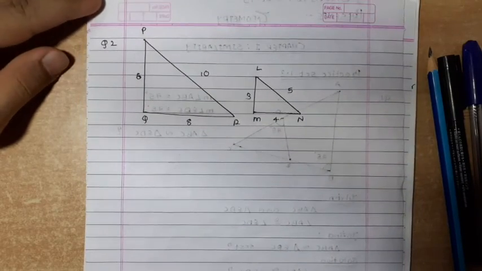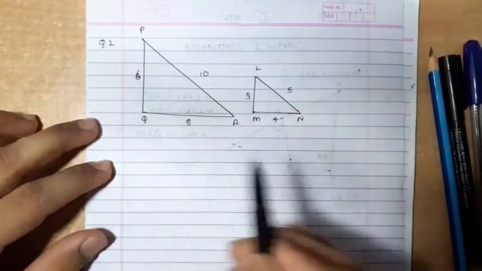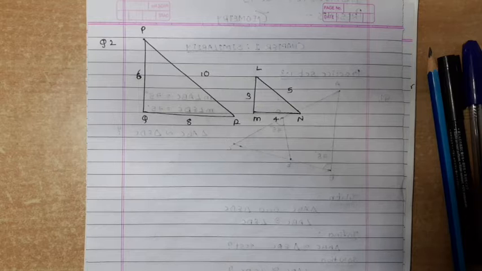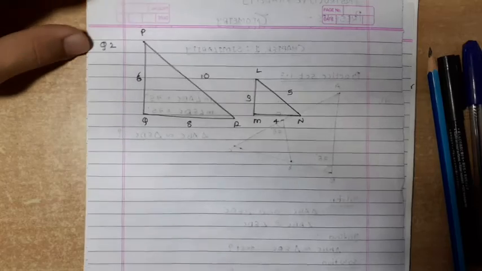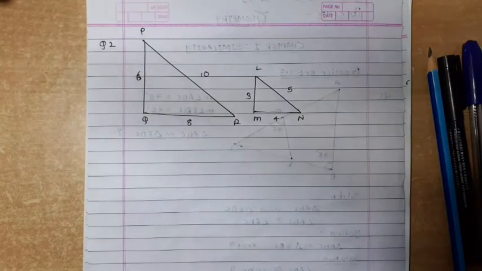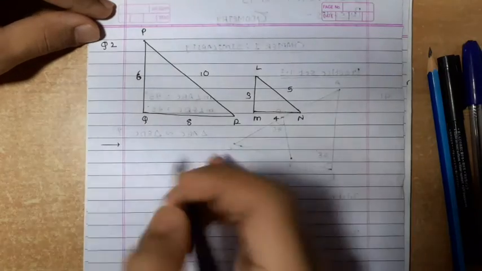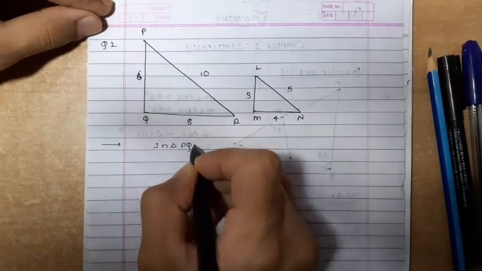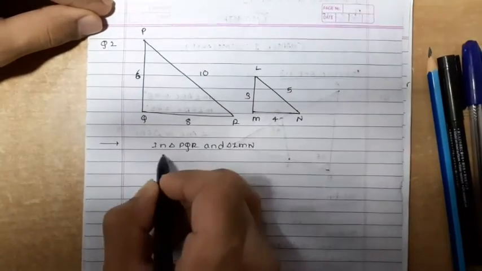So the next question, number 2, says that we have two triangles. We have sides given of these two triangles, and we are asked to check whether these two triangles are similar or not, and if yes, by which test. Since we have all the sides given, let's check with the help of SSS similarity. What say, students, right? So in triangle PQR and triangle LMN,